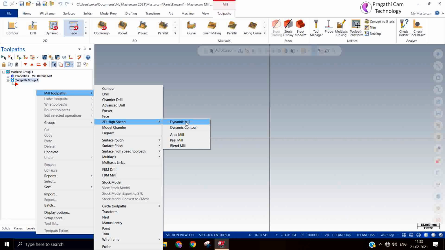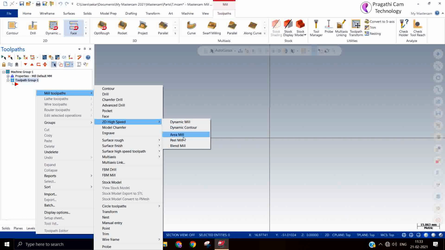So you can see that the area mill is for machining hard material. Peel mill is for machining slots. This blend mill is used for blending the two curves. Okay.